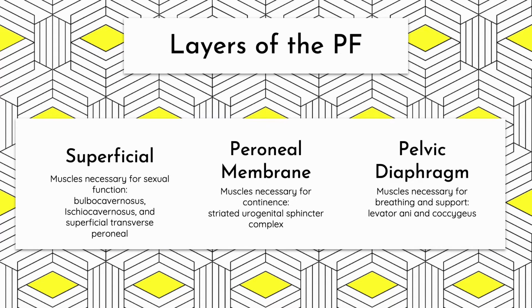The pelvic floor can be divided into three major layers. The superficial layer contains the bulbocavernosus, ischiocavernosus, and superficial transverse perineal muscle. These structures help achieve and maintain erectile tissues. In the perineal membrane, the striated urogenital sphincter complex allows involuntary and voluntary closure of the urethra to maintain continence. The pelvic diaphragm contains the levator ani muscle group and the coccygeus muscle, which are necessary for breathing and pelvic